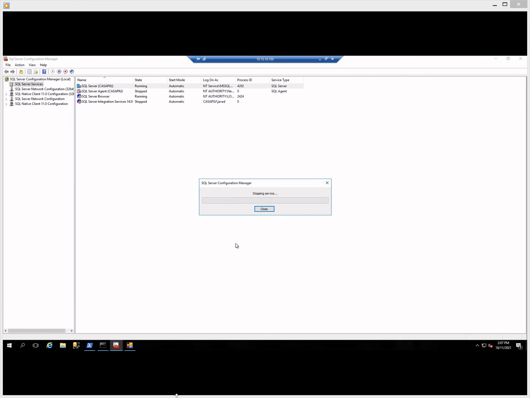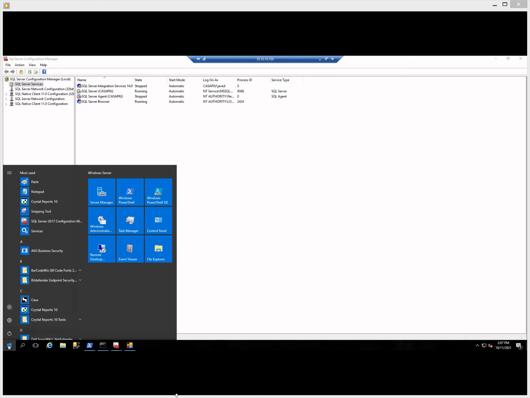After the restart, it will be in single user mode, and only one administrator can connect. I'm logged in to this Windows using the domain account, and this domain account must have administrative rights. So I will use this domain account and connect to the SQL Server in single user mode.